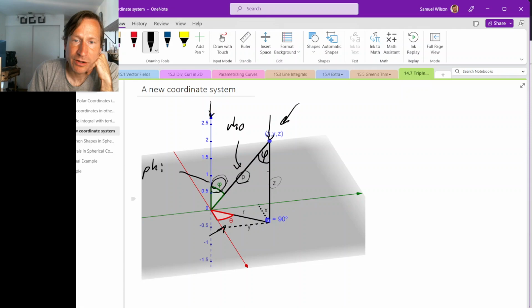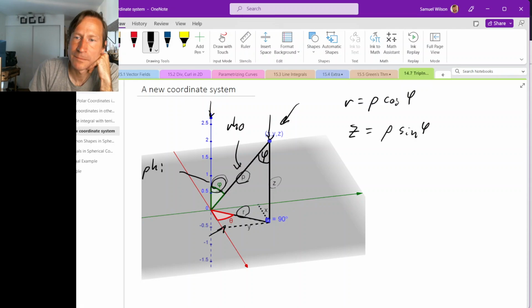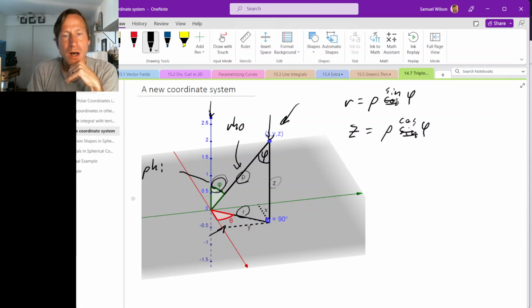Also, while we're at it, we can write z in terms of rho and phi, because z is the other side of this right triangle. So it's the hypotenuse, rho, times the sine of phi. I have these backwards. This one's cosine, and this one's sine. There we go. Okay. Well, for x and y, in the xy plane, if we look at r and theta,